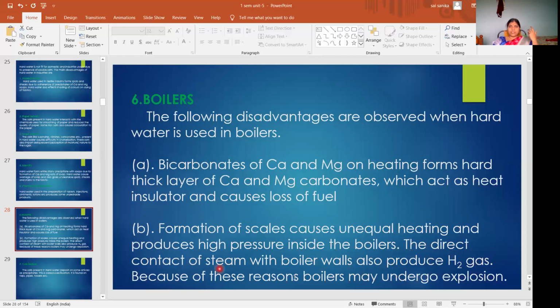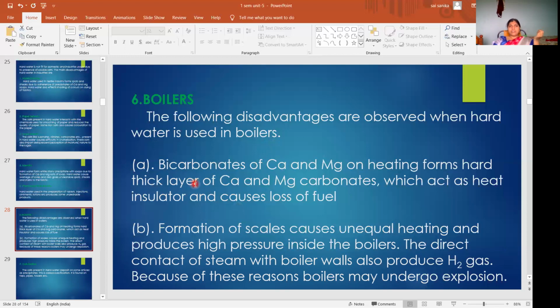So because of unequal heating, high pressure will develop in these boilers. Due to this high pressure and the formation of hydrogen gas, the boiler may undergo explosion. So these are the two disadvantages of using hard water in boilers, and these two are very